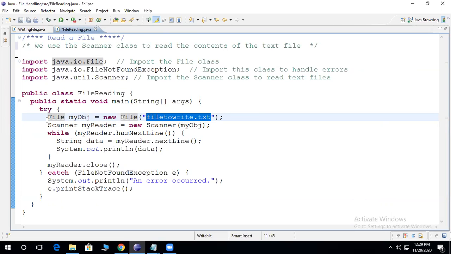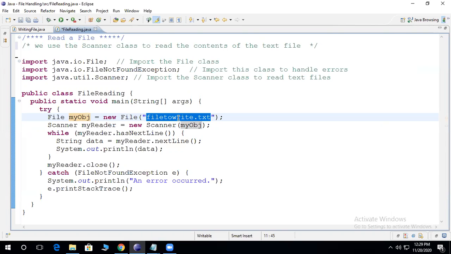In the very first lecture of file handling, we discussed that with the file object you can open the file, and if it is not there inside the memory, you need to invoke the createFile method with the file object. But we are not interested in creating a file, we are just interested in opening the file.